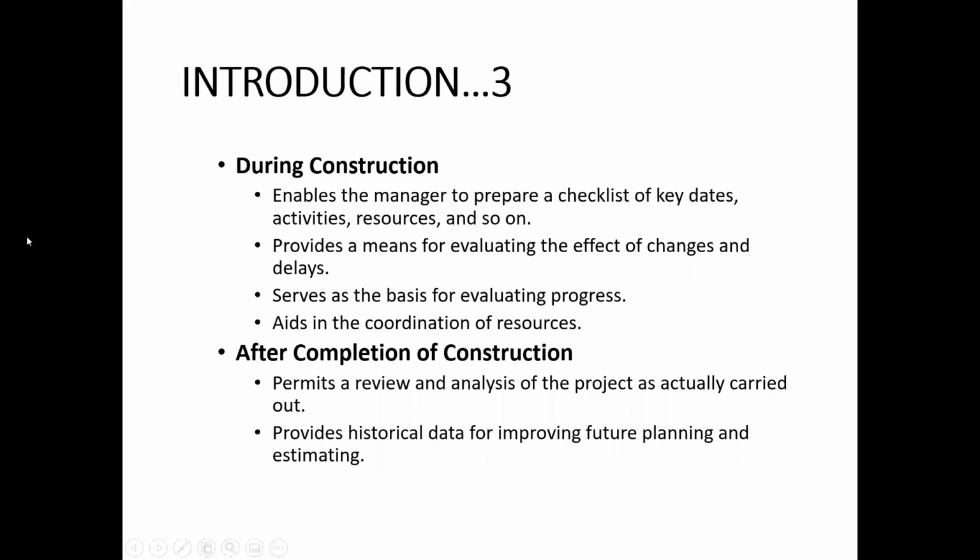So therefore, you can establish new key dates during the construction. In planning and scheduling terms, these key dates are also called milestones. There can be some new activities which may occur during the construction phase of the project,